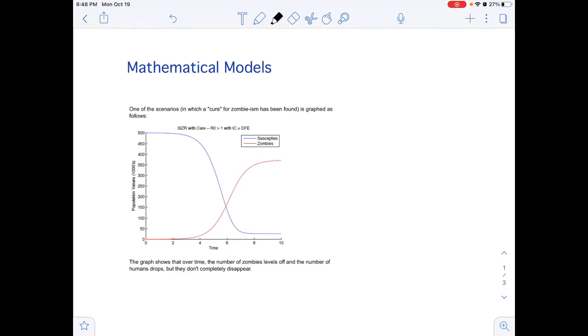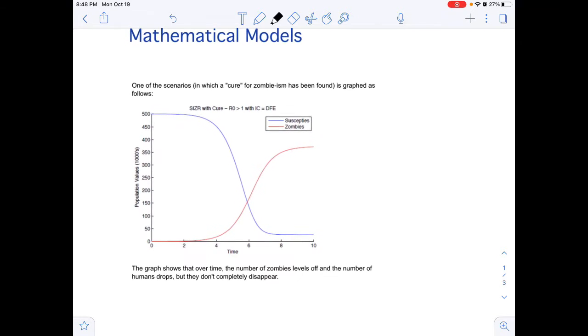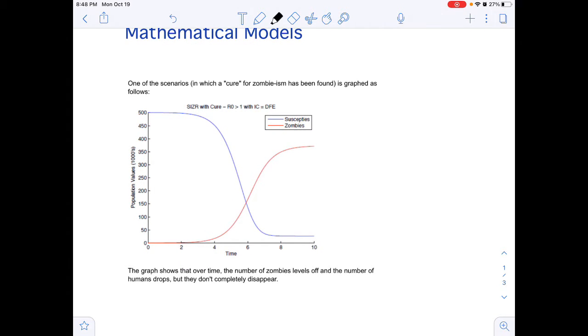In this lesson, we're going to learn about mathematical models. Take a look at this graph. Yes, we're talking about zombies and zombieism, something that is contagious. If we take a look at the axes, we have time, our independent variable, the number of people as our